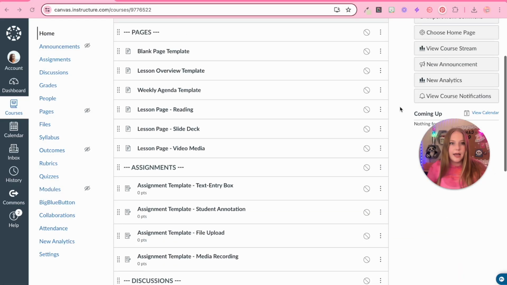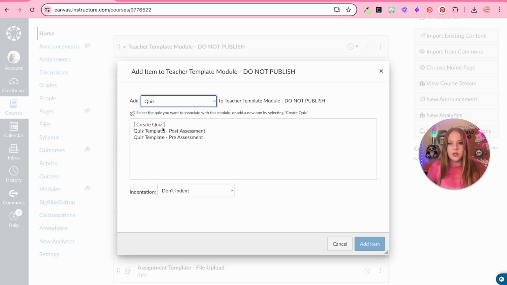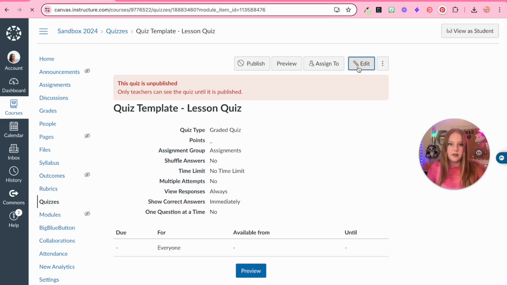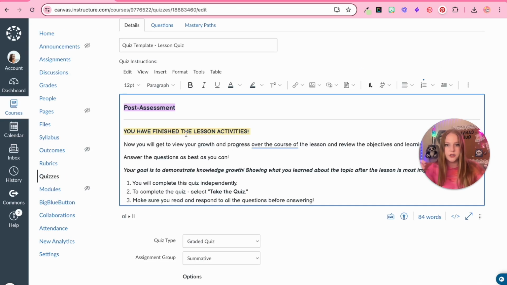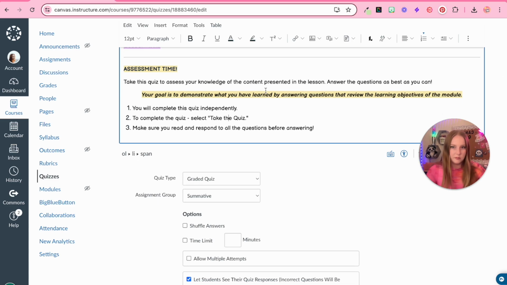All right, so the last one that I'm going to do is another classic quiz, lesson quiz. We scroll down here and edit this and paste in my instructions that I had from before, and we're going to do lesson quiz. I'm just going to write assessment time. Changing up these instructions for this specific quiz. Take the quiz to assess your knowledge of the content presented in the lesson. Answer the questions as best as you can. So here, your goal is to demonstrate what you have learned by answering questions that review the learning